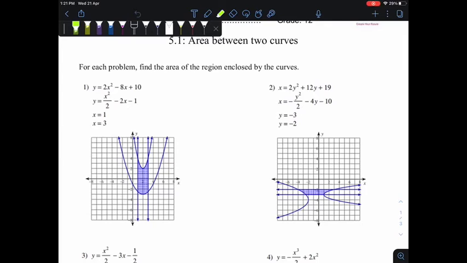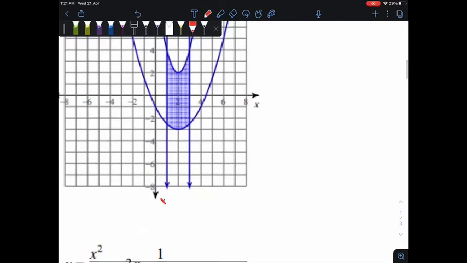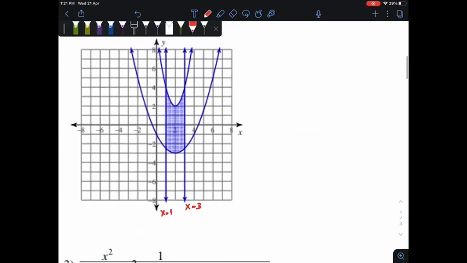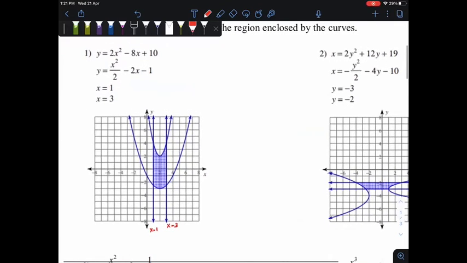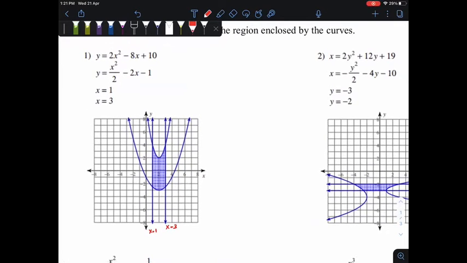The graph is already given, so it's easy now to identify which parabola opens up, which graph is upper and which graph is lower. So the upper one, I think, is the first, because 2x squared minus 8x plus 10 is a parabola that opens up and it has a y-intercept which is positive 10, because if we extend the parabola here, it's going to intersect the y-axis at 10. So the upper one is 2x squared minus 8x plus 10, and the lower one now,